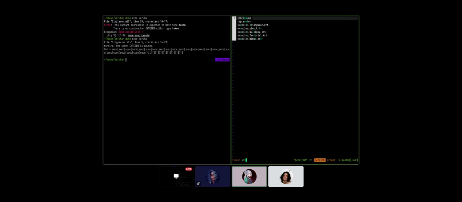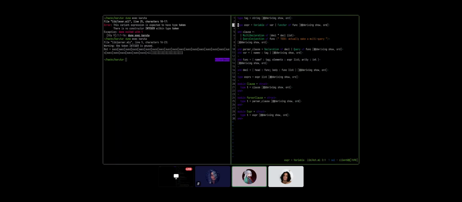Actually, we need to add something to the AST, right? We need to say an expression is a variable or a functor, or it can now be an integer as well. Integer of int, I guess. OCaml int type.